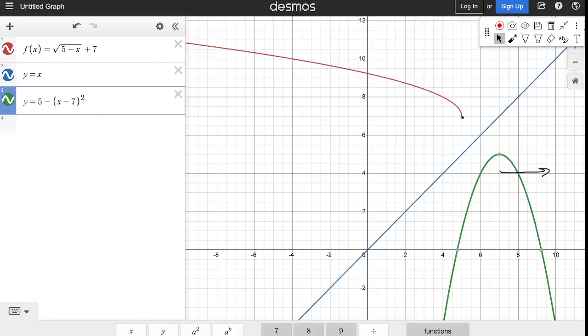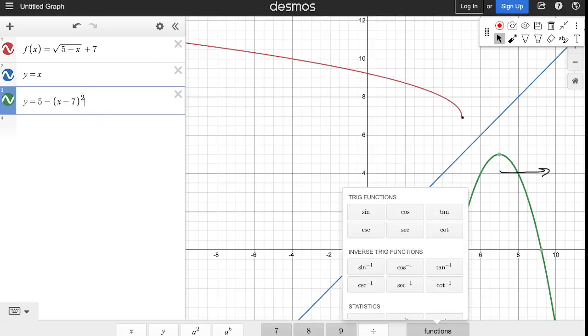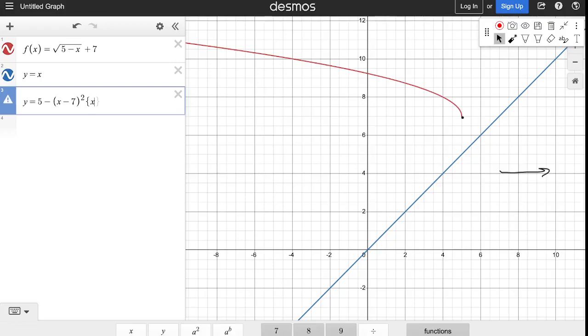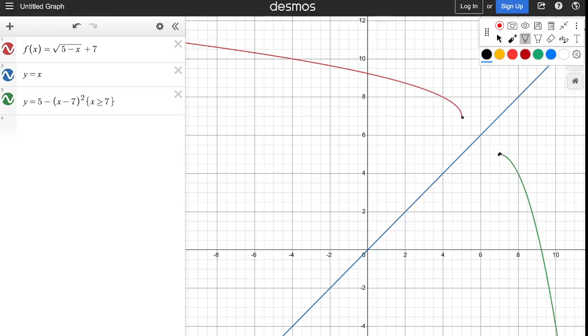So come back here and remember we used, where's our bracket? Let's see. I went here. That's right. The bracket. And we want x, hopefully I can use that, x is greater than or equal to 7. There we go. And then I go back and get the other bracket to make it look nice. Okay. So again, I could put that point there. And what we start to see, let's see if I can do this. So the endpoints,